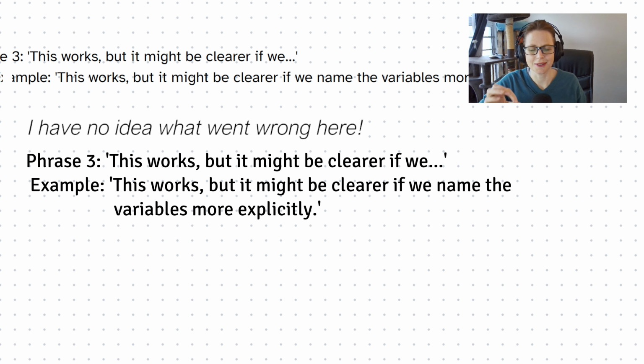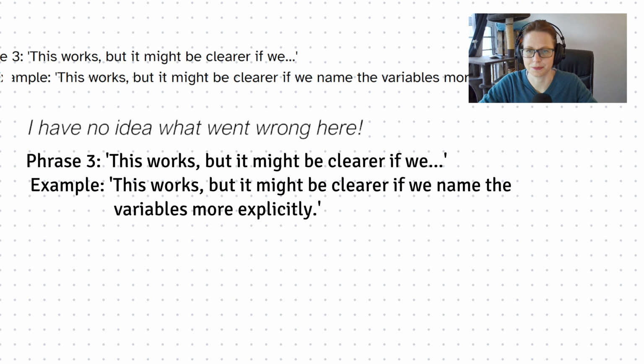But clarity is always so important in coding because remember, you might not be the one having to fix bugs at a later stage, or when an update happens, someone else might be looking at your code. So we want it to be as clear as possible. And this is why we might say, "This works, but it might be clearer if we name the variables more explicitly." Remember, naming variables